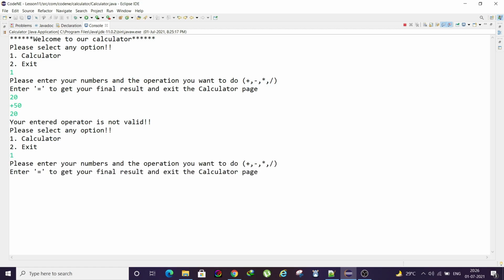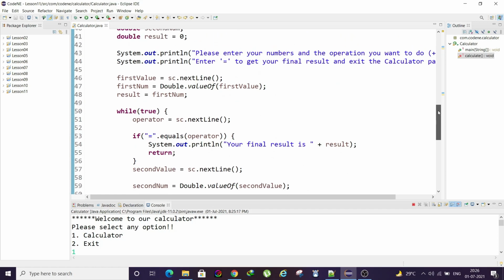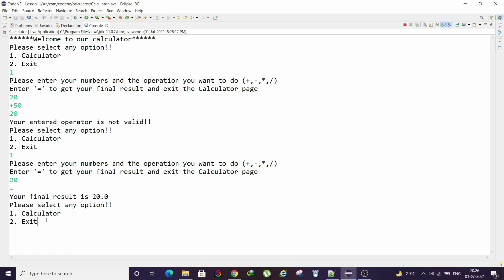Let's enter our calculator one more time and just check. Let's enter one value like 20, then equal to, yeah, your result is 20. So that is another case we handle, that a single value is entered, and we can easily handle this and display the result. Let's see one more example.